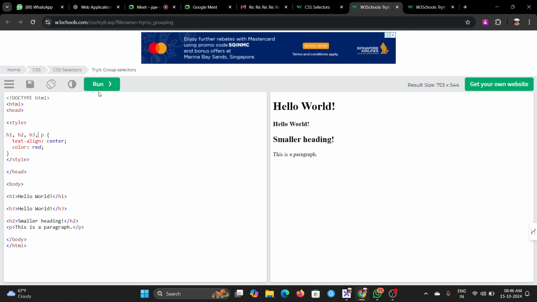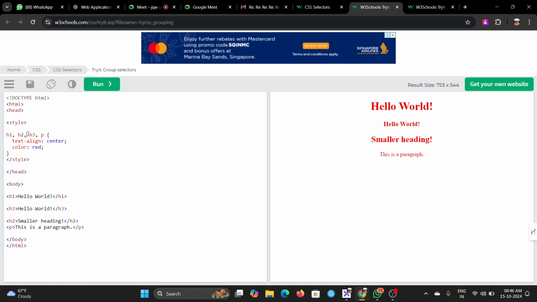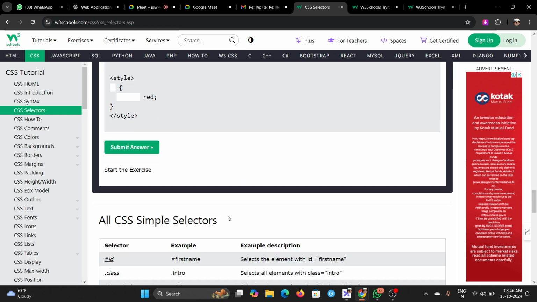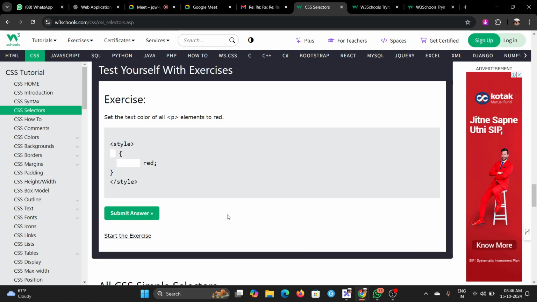H3, yeah. So we need to put some space here, got it? And this is how it looks like. So this is how we can use CSS into our HTML. Now you know this is a syntax, right? Here what we have to do,